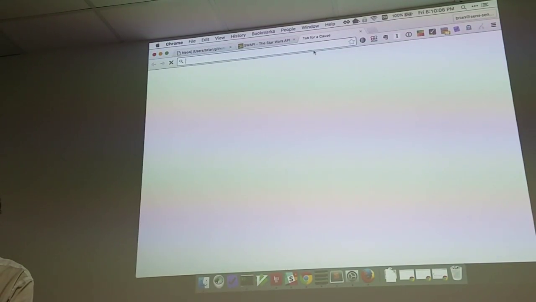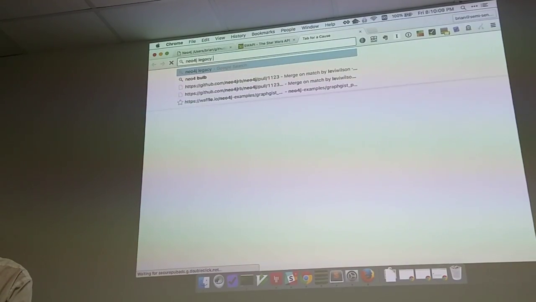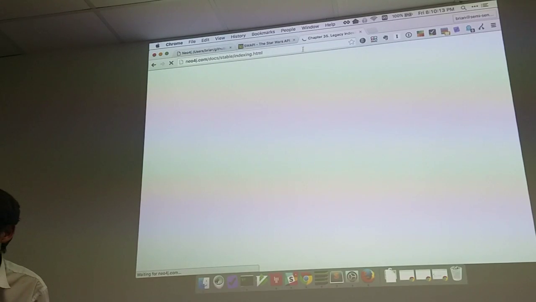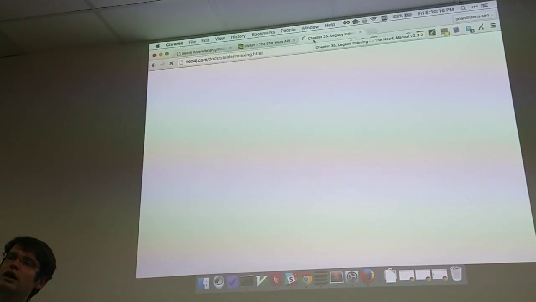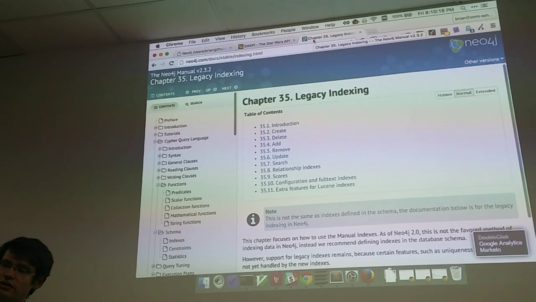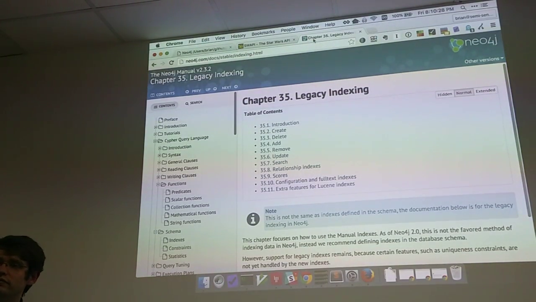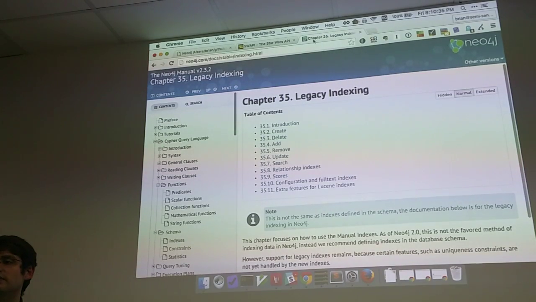So there are these Neo4j legacy indexes. There's some documentation on it that I would suggest checking out. That gives you some more power. Neo4j comes bundled with Lucene, which, if you're not familiar with it, is a Java library for indexing and searching of data. It has that built in, and you can use that. It's a little more difficult, but you can use it. But one of the things I also often recommend is